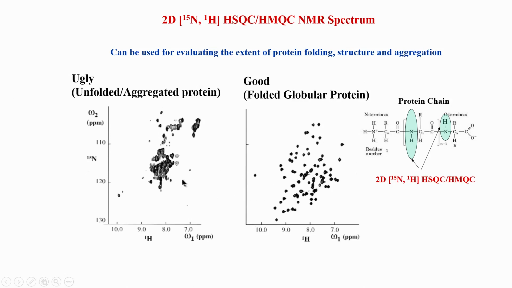So, these are the different challenges which one has to face, but you can see that this experiment is already helping us to give a lot of information. It guides us that look, this is not a really great system, this is a great system, can we do something to go from this particular state to this particular state by changing some conditions, etc. So, the 15N-proton HSQC is an important experiment in any new protein before we start looking at the structure of the protein.